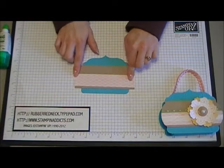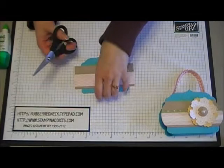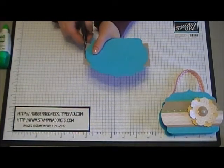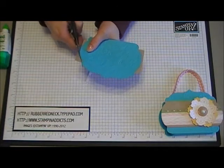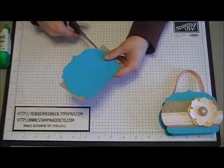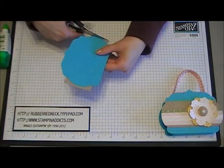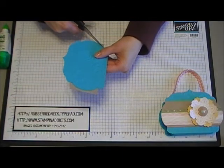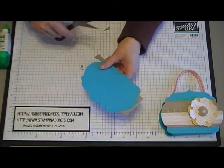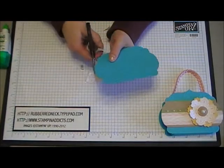Then once you have these pieces glued to the Tempting Turquoise, you want to take a pair of scissors that you use for paper, and you're going to trim the edges of this off. So just follow the guide of the label in the Tempting Turquoise, right around. You're going to do this to both sides. Just trim off that excess paper,